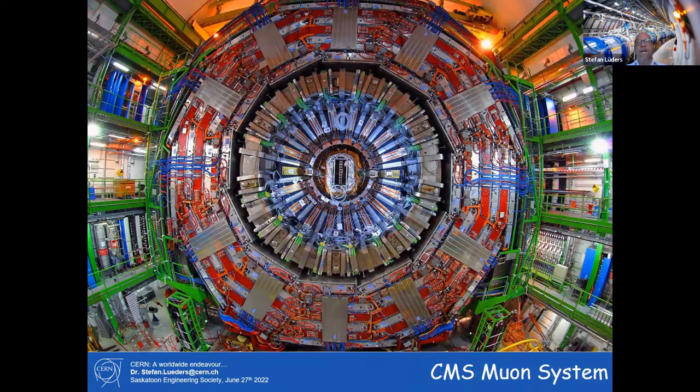So here's the overall assembly down in the cavern. Just again on size, look at the right or left-hand side. You can see the ground floor, first floor, second floor, third floor, and even the fourth floor at the very, very top. You're looking straight into the beam pipe, and around you can see in the middle the fully cabled inner detector, the fully cabled silicon detector. Then you can see a layer of the electromagnetic calorimeter and the hadronic calorimeter. You can see the round magnet which is put inside, and then you can see once more the red iron yoke with the muon chamber interleaved, and all the infrastructure, all the cable, and so on.